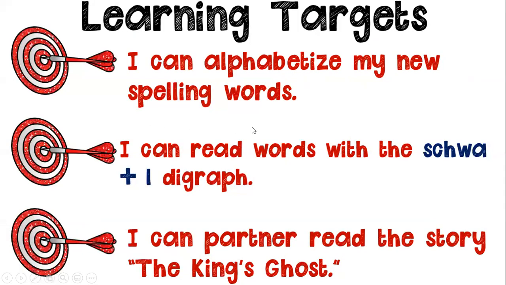Now, our learning targets for today, we'll review them before we are done with this lesson. We alphabetized our new spelling words. We worked on that ABC order. We read some words with the schwa L digraph, and you're partner reading and answering the questions with The King's